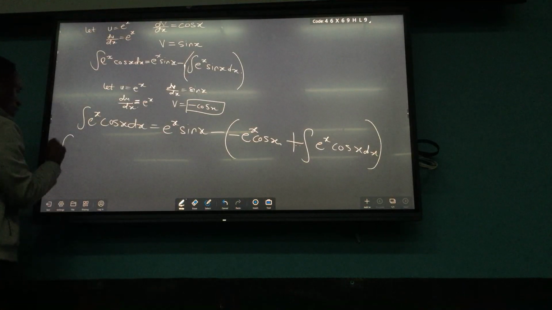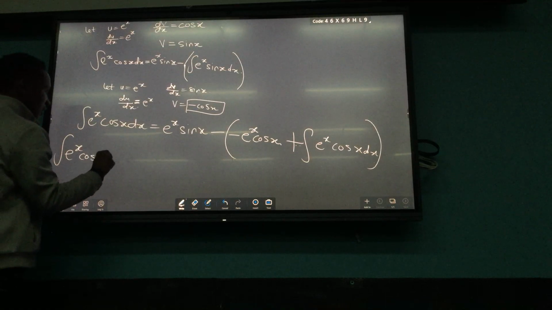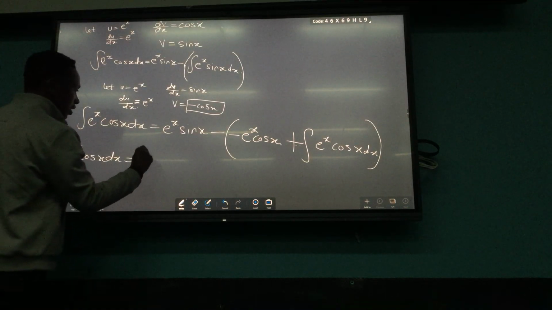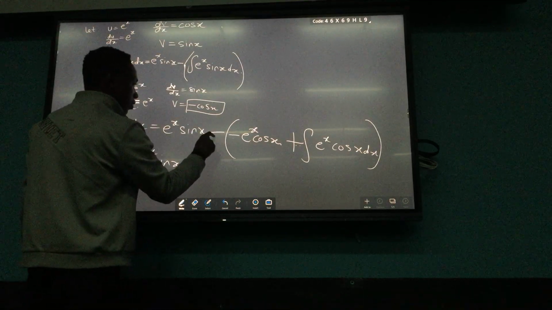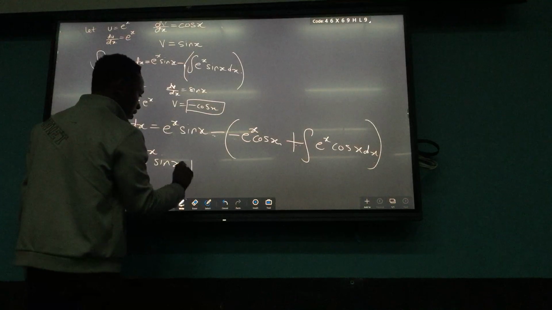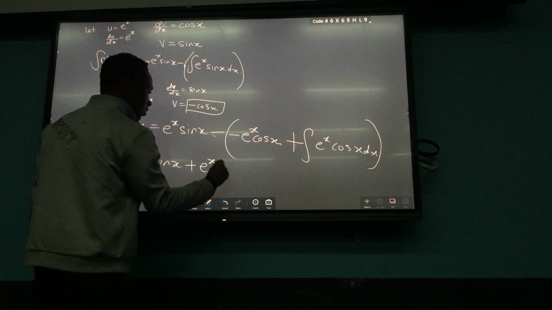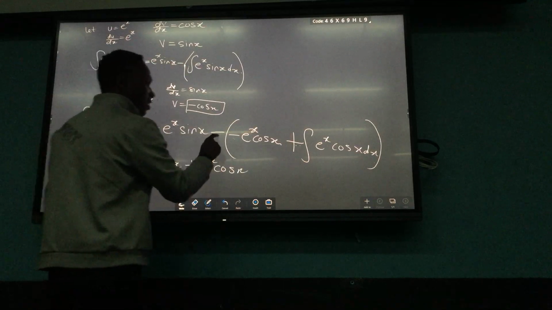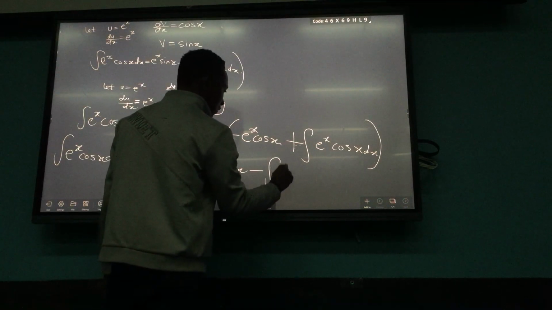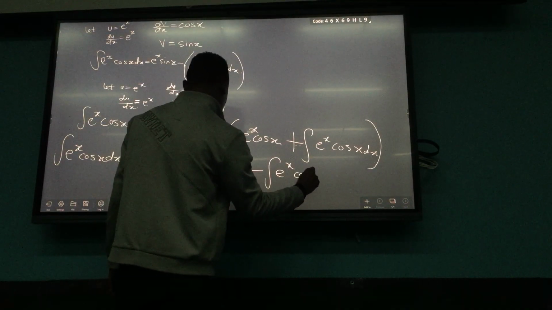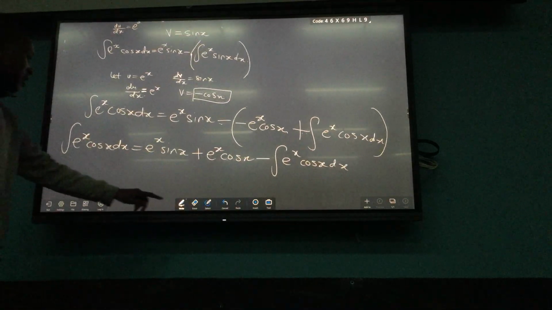If we expand, we're going to get the integral of e to the x cos x dx equals e to the x sine x. Here, if you multiply there, you're going to have a plus, because you have a negative and a negative. That's going to give you e to the x cos x. Then this negative and that positive, you multiply there, you get a negative integral of e to the x cos x dx. Now, if you look at this here,